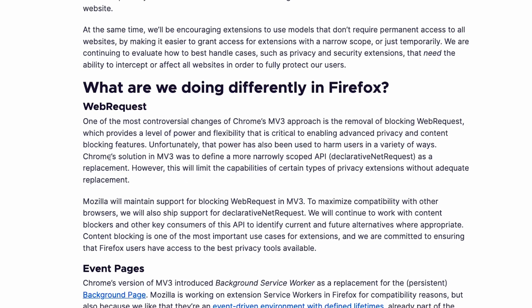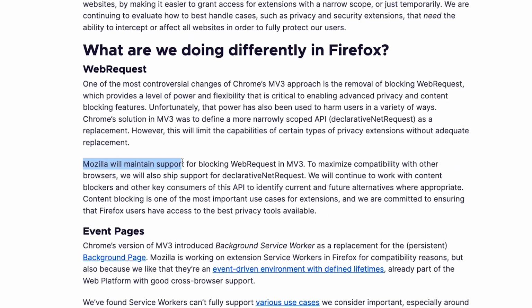But Chrome's solution in MV3 is to define a more narrowly scoped API as a replacement. However, this will limit capabilities of certain types of privacy extensions without adequate replacement. So Mozilla is saying that we will maintain support for blocking web requests in MV3. To maximize the compatibility with other browsers, we'll also ship support for declarative net requests. So this declarative net request is the sort of alternative which Chrome has released for the deprecation of web request